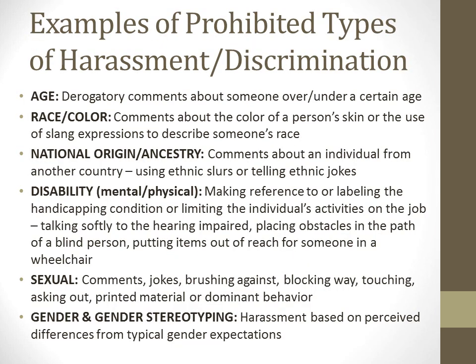Sexual harassment is a form of employment discrimination prohibited under Title VII of the Civil Rights Act of 1964, and under the laws of many states. Examples of prohibited types of harassment and discrimination include age, derogatory comments about someone over or under a certain age; race or color, comments about the color of a person's skin, or the use of slang expressions to describe someone's race; national origin or ancestry, comments about an individual from another country, using ethnic slurs or telling ethnic jokes;